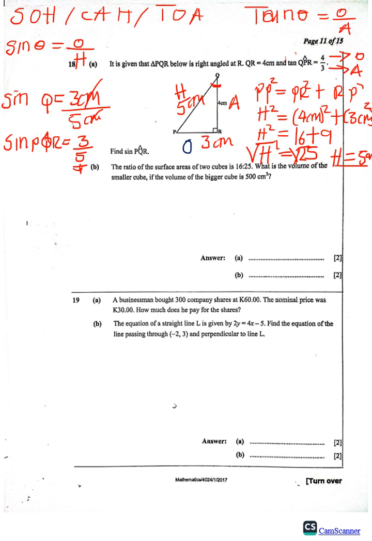Now let's proceed to question B. The ratio of the surface areas of 2 cubes is 16 to 25. What is the volume of the smaller cube if the volume of the bigger cube is 500 cubic centimeters? So we begin. We have 2 cubes. We have a smaller and the larger. So the smaller has 16,